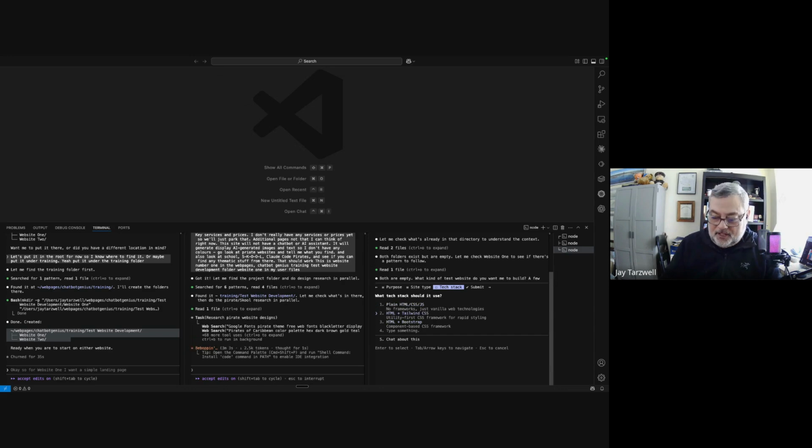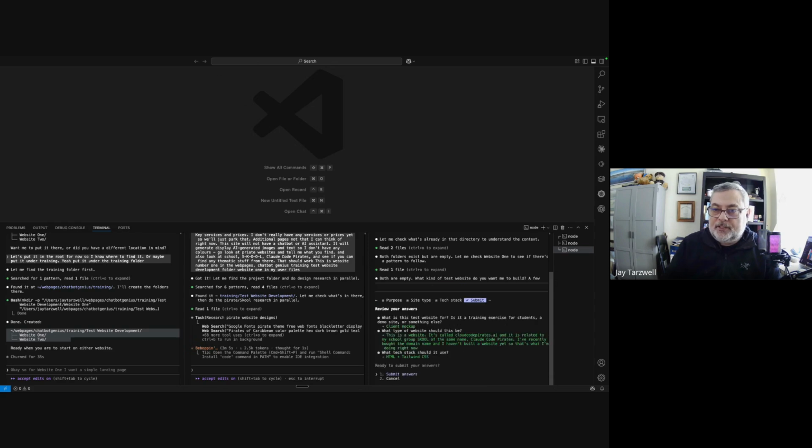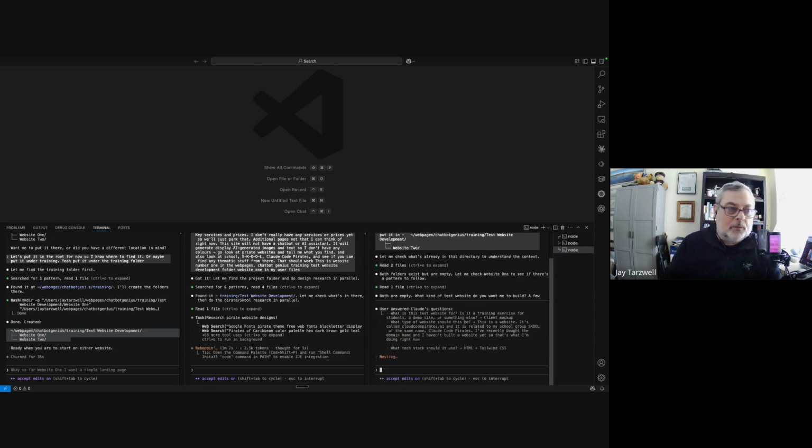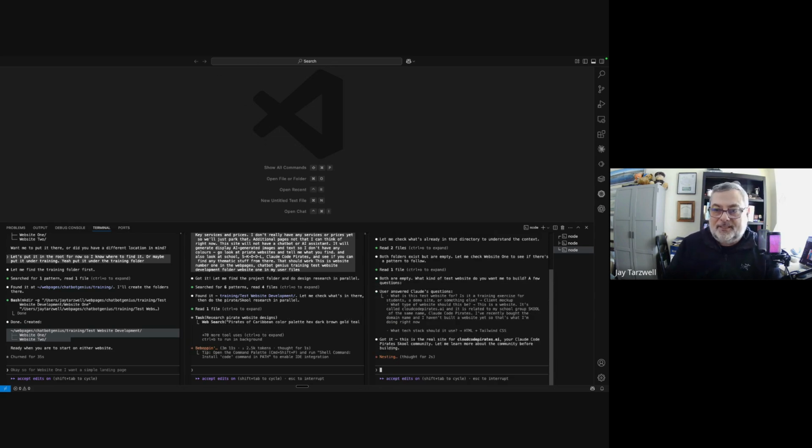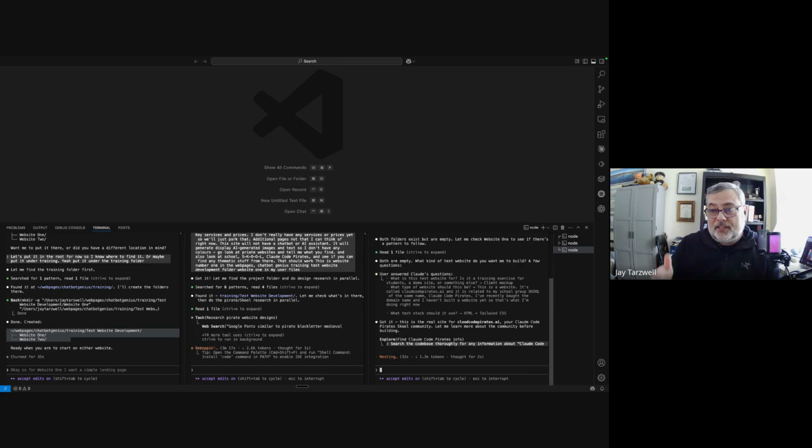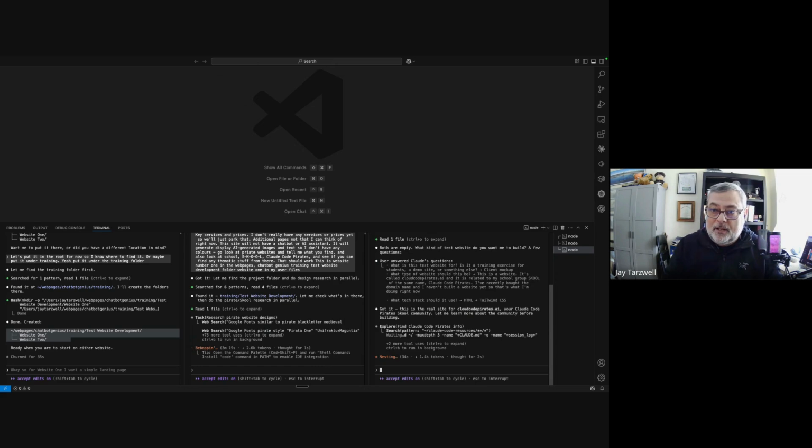Tailwind. You know what? I'll go with Tailwind, just because someone said it was hard, and I was kind of like, I don't know, is it hard? So we'll find out. And I don't find anything hard really at this stage, because I just tell it to go and do stuff. But the side piece here is the demonstration of what a slash command can do